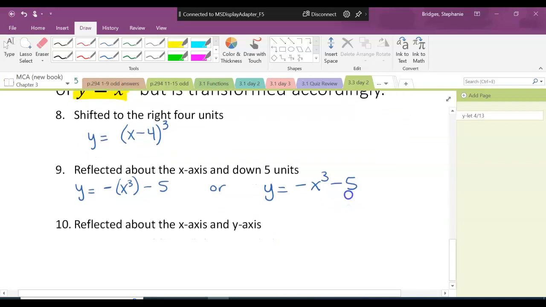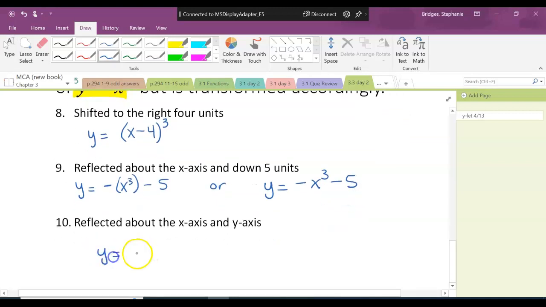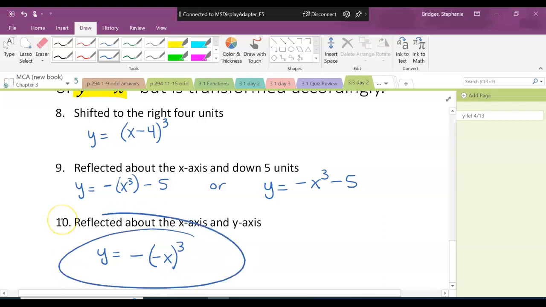So what would the last one look like? Y equals? Negative, parentheses, negative x, third. Why is it two negatives? Because, look, x and y, you have to put those together. Does that make sense? Is everybody kind of okay with that? Okay. So it's